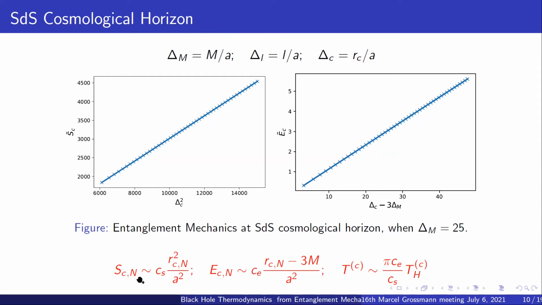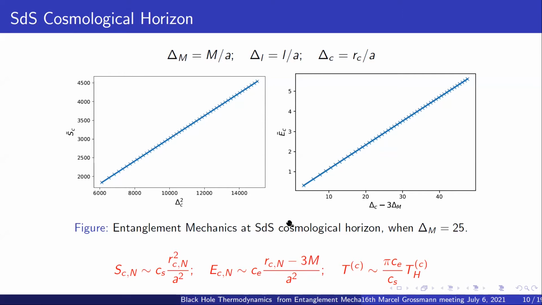Now, you might be wondering what this N over here is, but I won't be looking at it right now. But if you're interested in figuring out why this entropy and entanglement energy are in fact quantized, you can pose a question at the end of this talk. But I will not be discussing that here because it's not relevant to the major result that we are approaching.